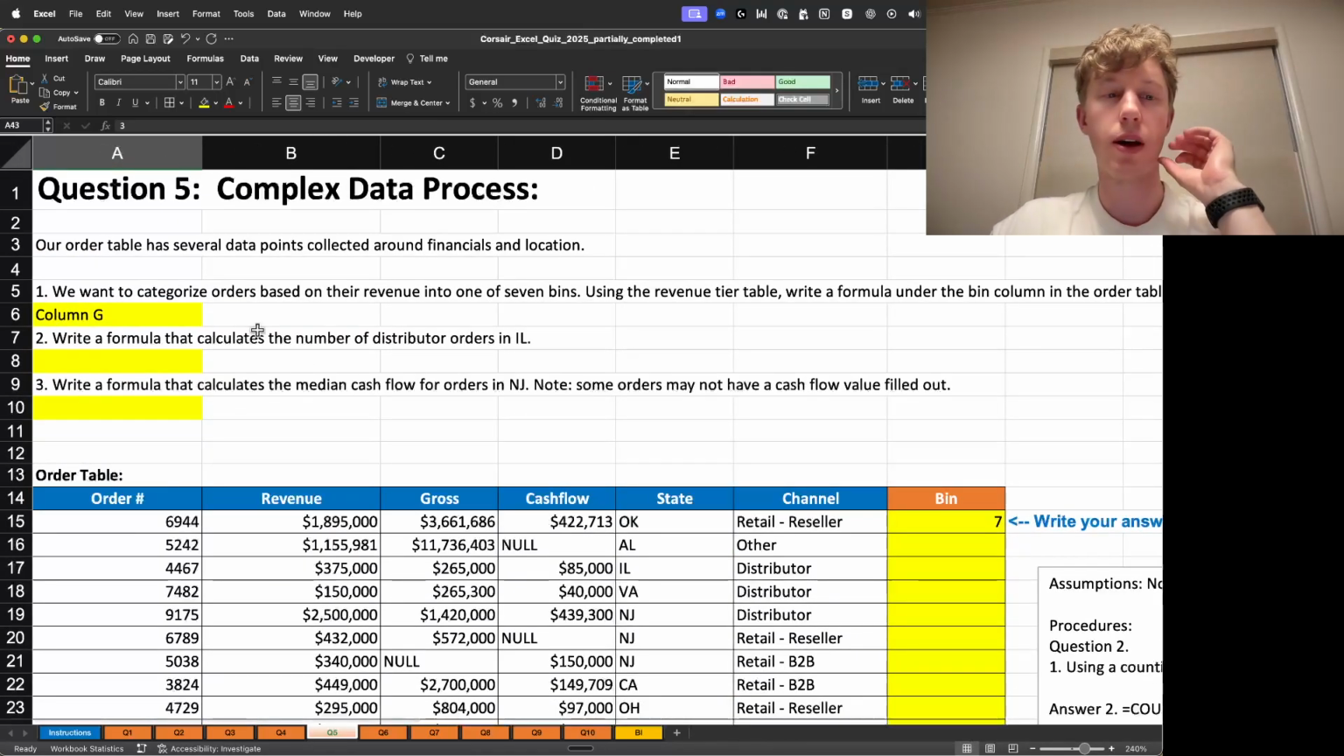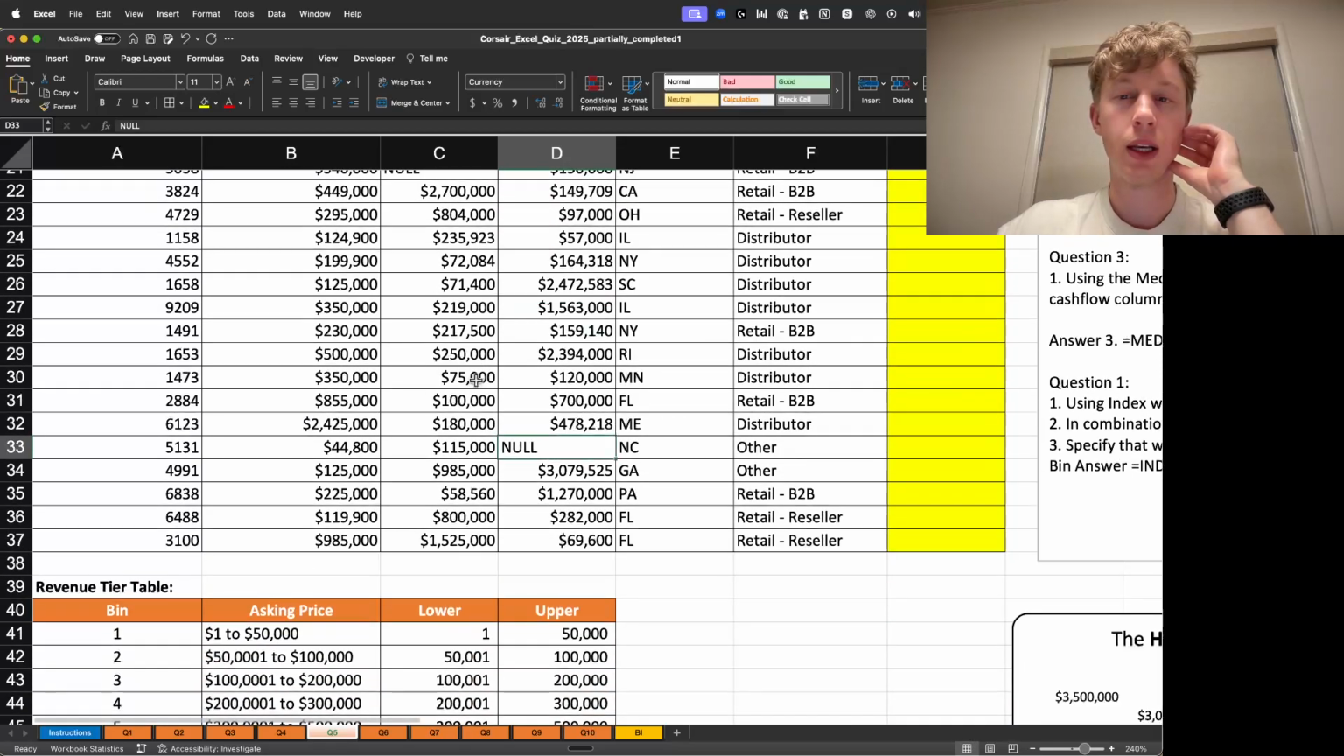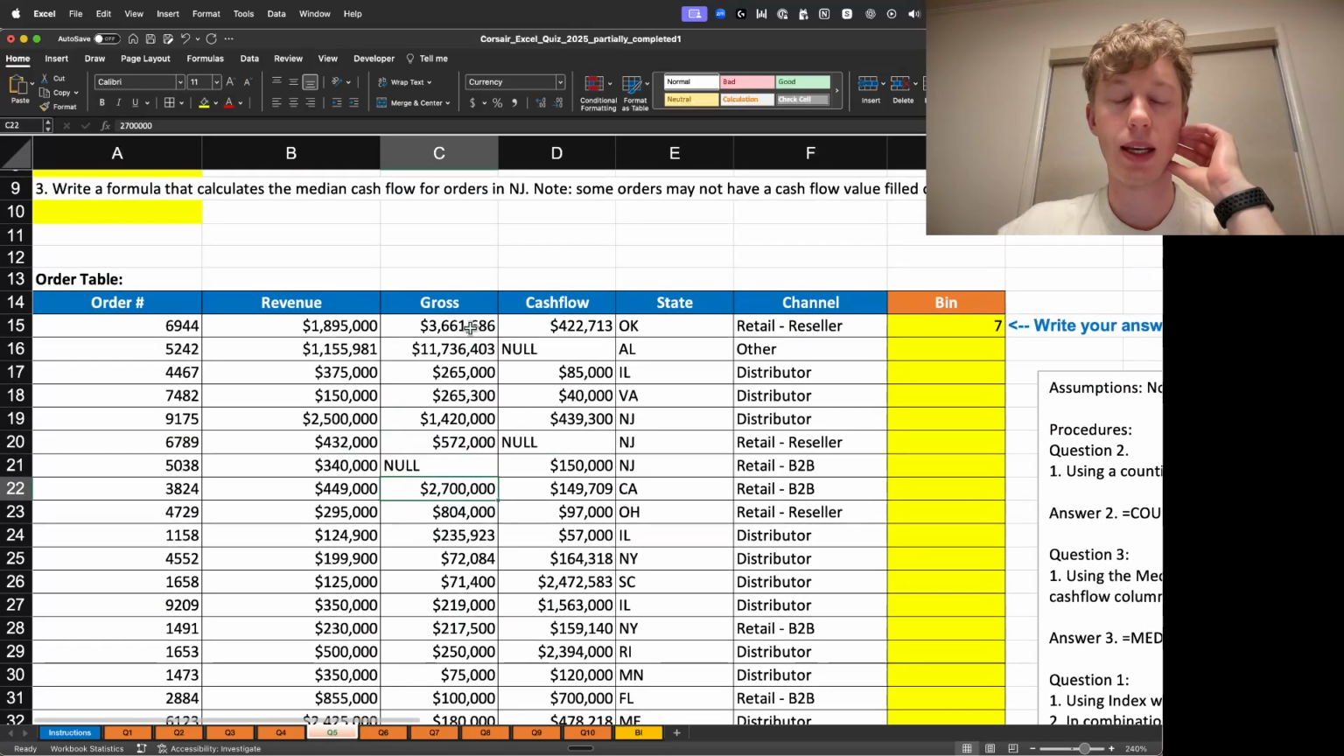And lastly, we have write a formula that calculates the median cash flow for orders in New Jersey. Note some orders may not have a cash flow value filled out. So we do have some null values in our data set. And one of the assumptions that I'm making here is to leave this as a null value and not try to